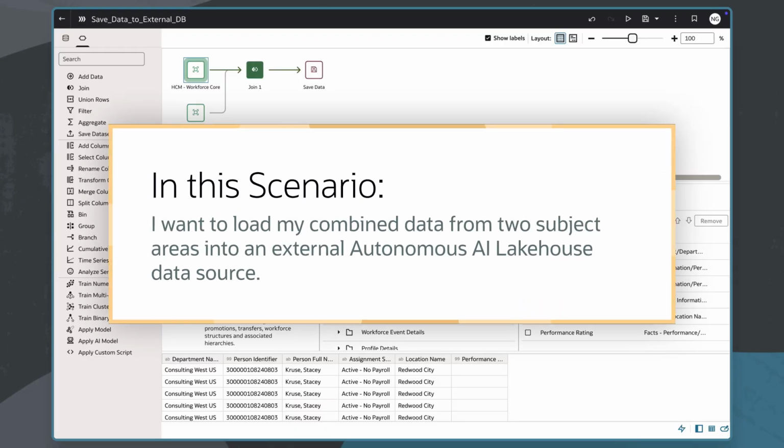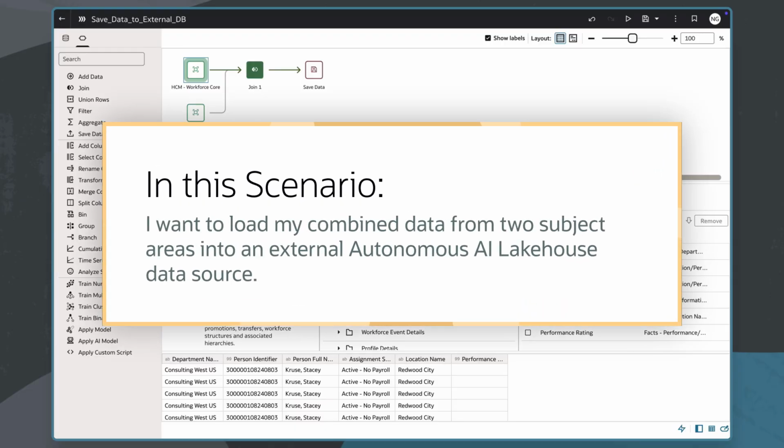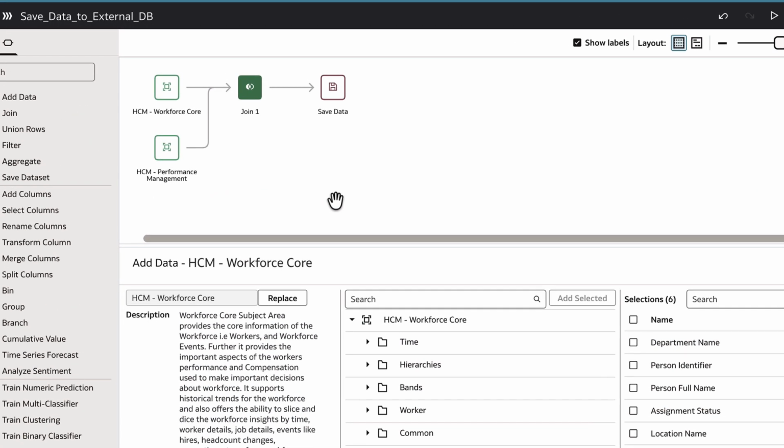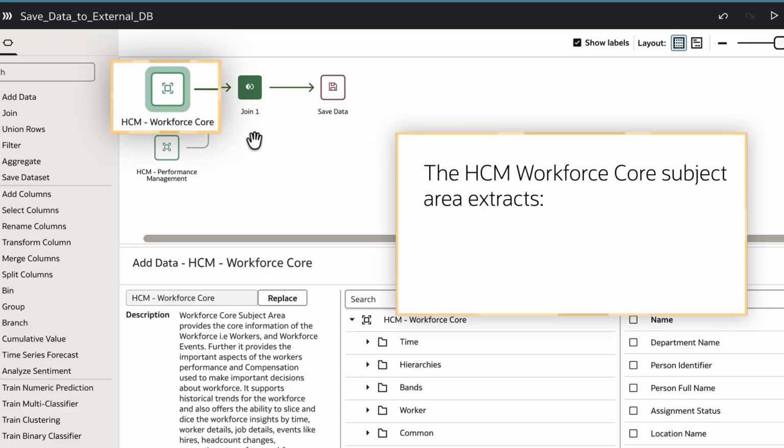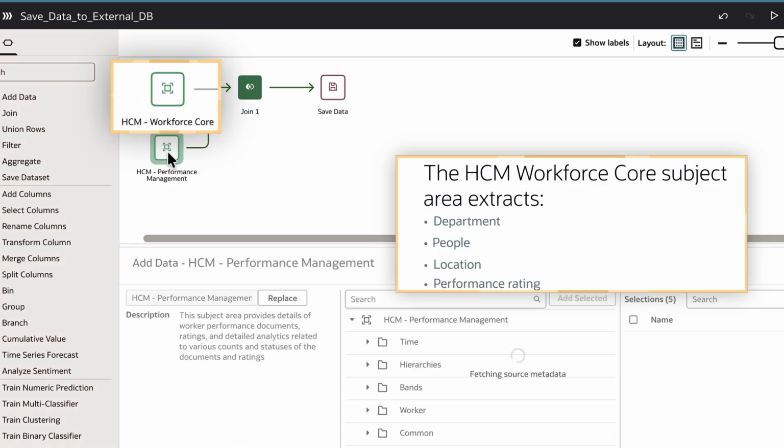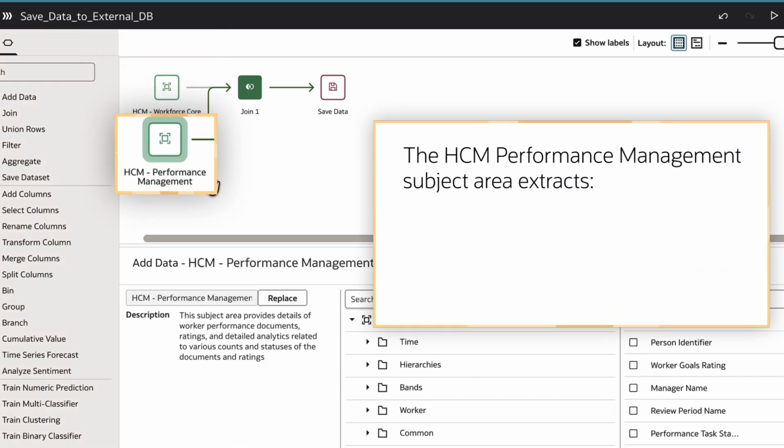In this scenario, I want to load my combined data from two subject areas into an external Autonomous AI Lakehouse data source. I'll begin with a data flow with two subject areas. The HCM Workforce Course subject area extracts the department, people, location, and performance ratings columns. The HCM Performance Management subject area extracts the person's identifier, goals ratings, manager name, review period, and performance task status